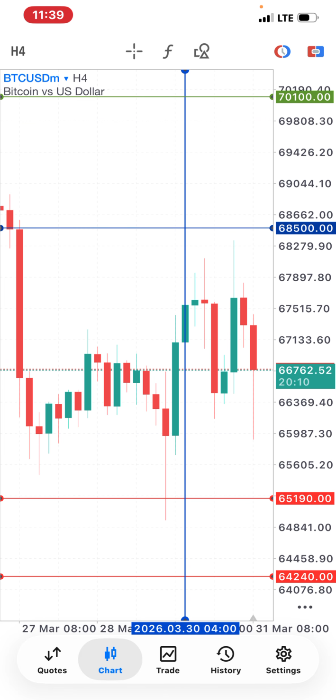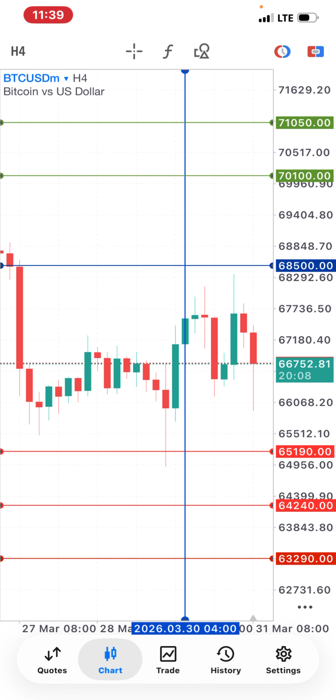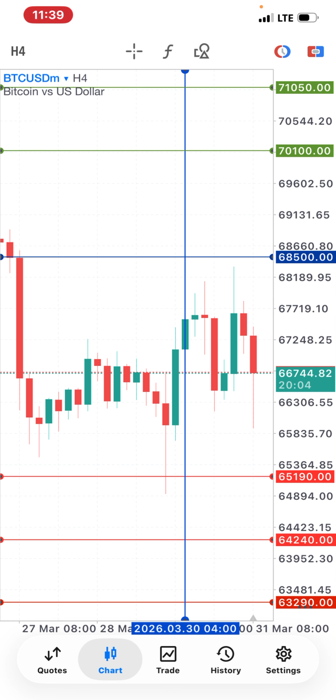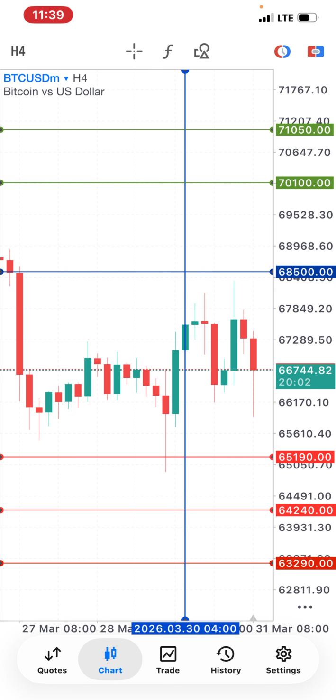So this is the 4-hour time frame, and I have demarcated the levels already. Currently we have the market moving below a pivot point, which is 68,500. That's the current pivot point. And since the market is moving below the pivot point, then we know that the market is in a short-term